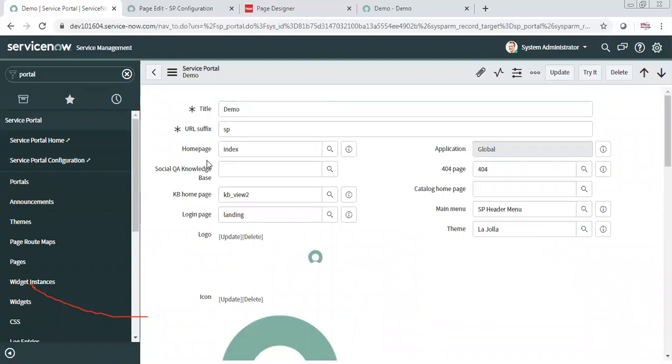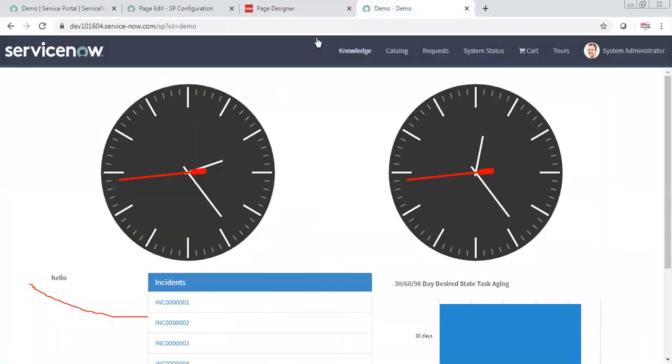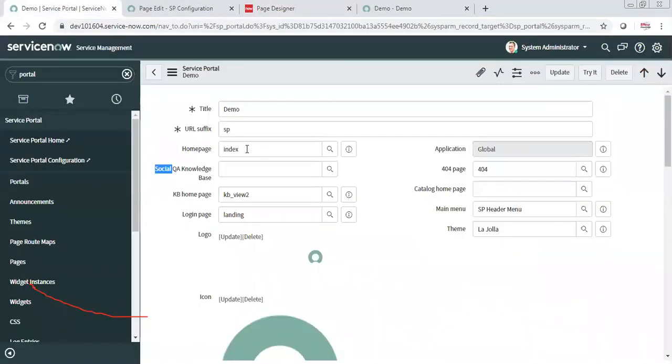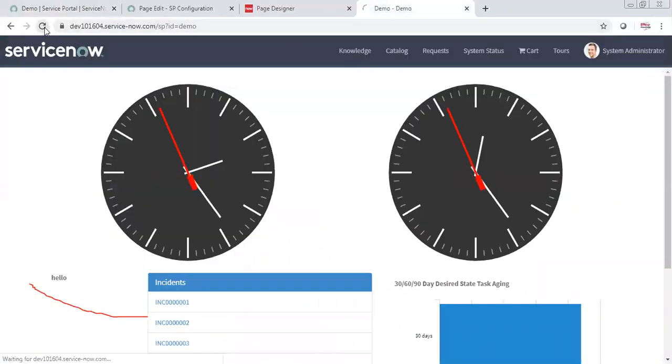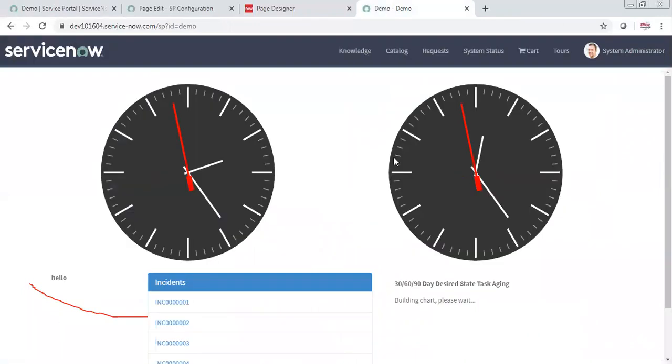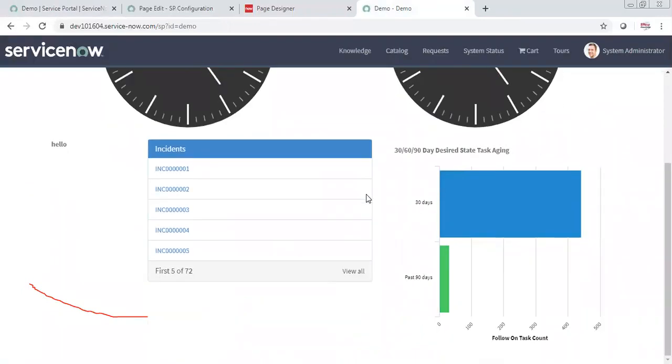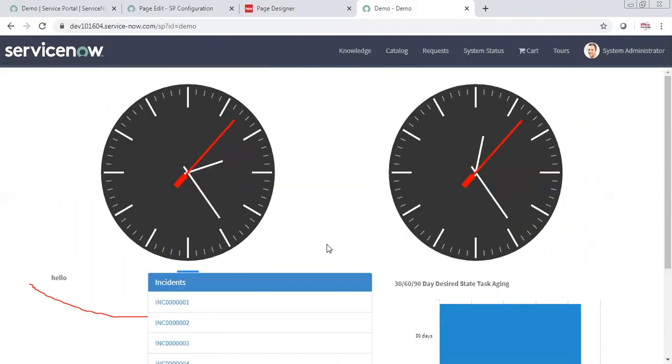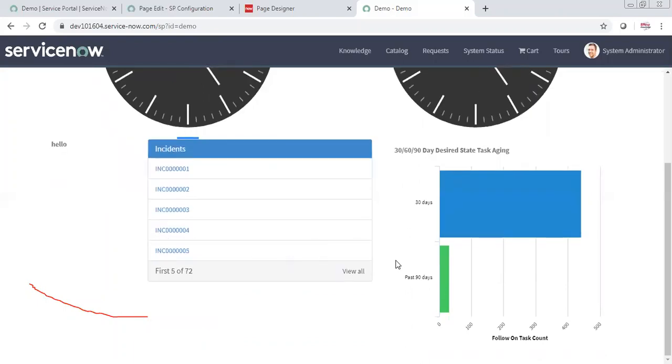Now for the home page, you design a page which has links to other pages as well. So let's say if I give the home page as the demo page which we designed, will there be any meaning? It will show only clocks and other things, and the user will not be able to move anywhere else, right? Those links for catalogs and all are not there. Can the user go to the catalog? Can the user do other things? No, because those links are gone.